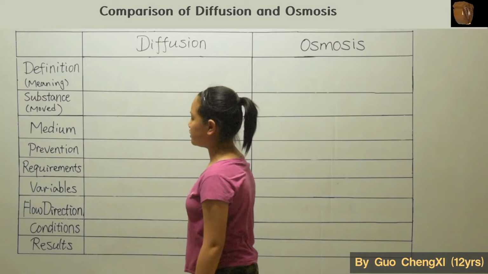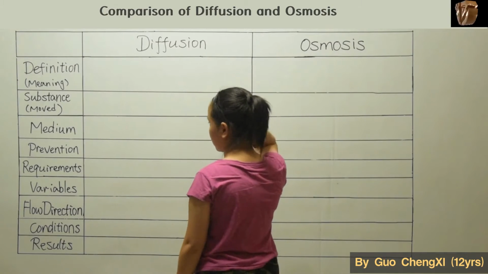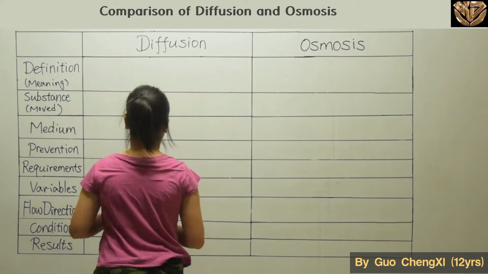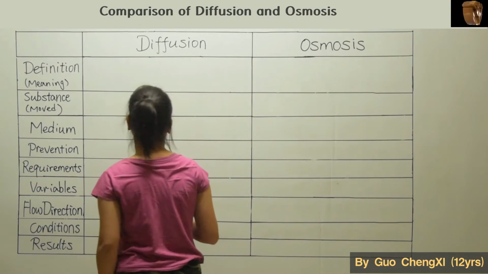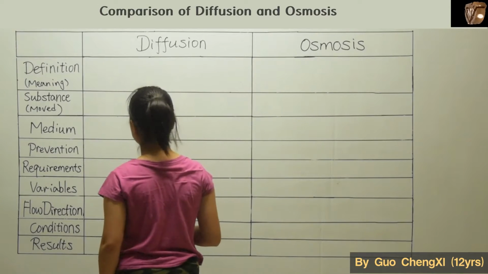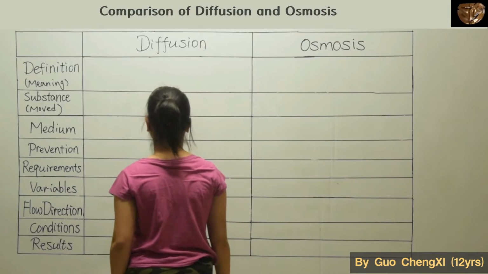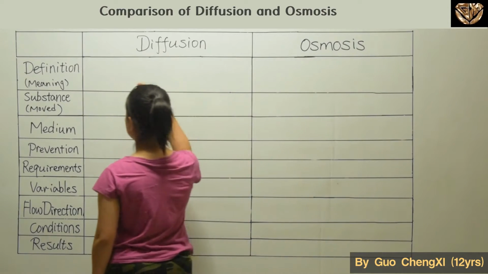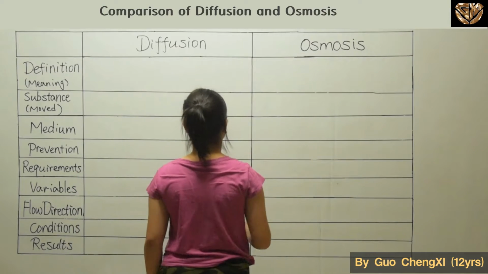Welcome back to another lesson for physical chemistry. For this lesson of physical chemistry, we'll be continuing to learn about the Maxwell-Boltzmann distribution. But for this lesson, we'll be revising about diffusion and osmosis. Last lesson we compared the differences and the similarities between diffusion and effusion, through some of these definitions and meanings. So for this lesson, we'll be